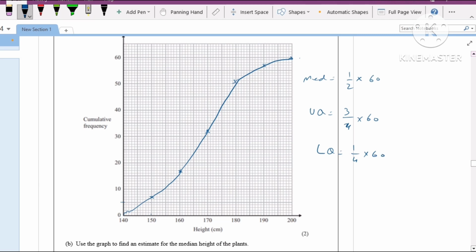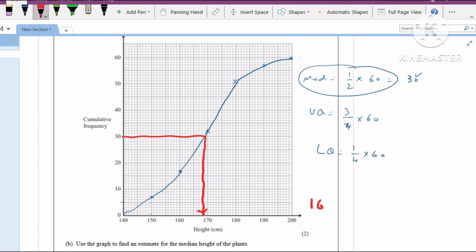So this is for the median only. That is half of 60, that is 30. So this is not the median. You will draw the line here at 30 and see the value at the bottom, that is 169. So the median is 169. If you want to find the upper quartile, that is 3/4 of 60, that will be 3/4 times